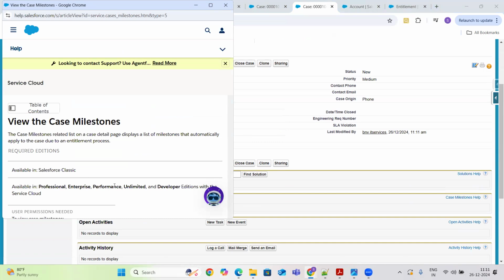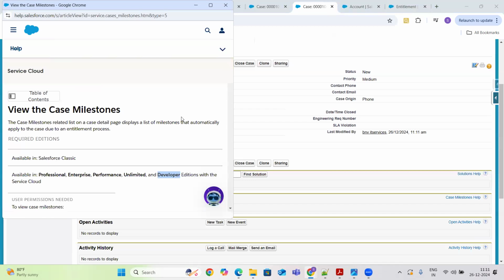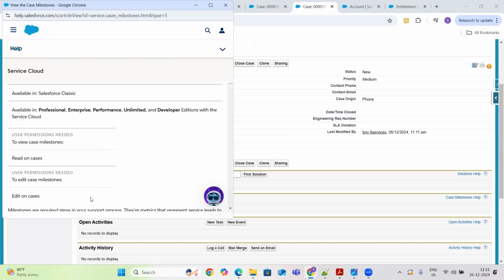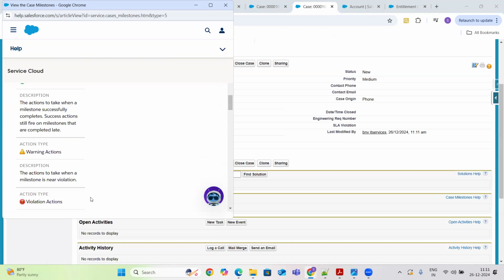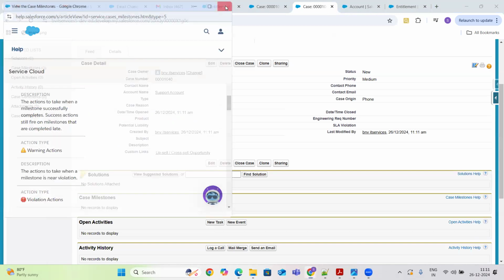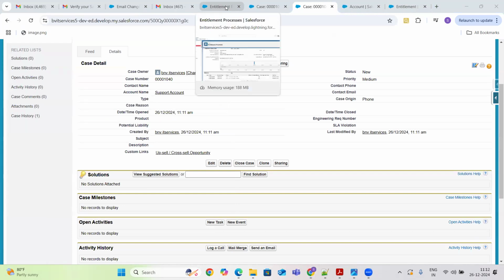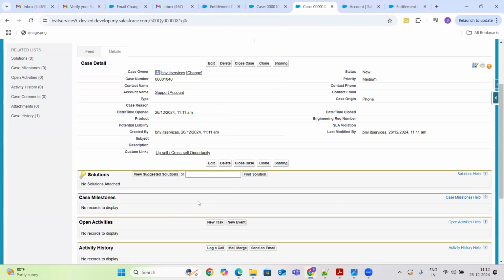Available in Salesforce Classic, Unlimited, and Developer Editions with the Service Cloud. User permission needed is to view case view milestones. I don't want to keep you on this call, guys, but basically it should display the milestones here.